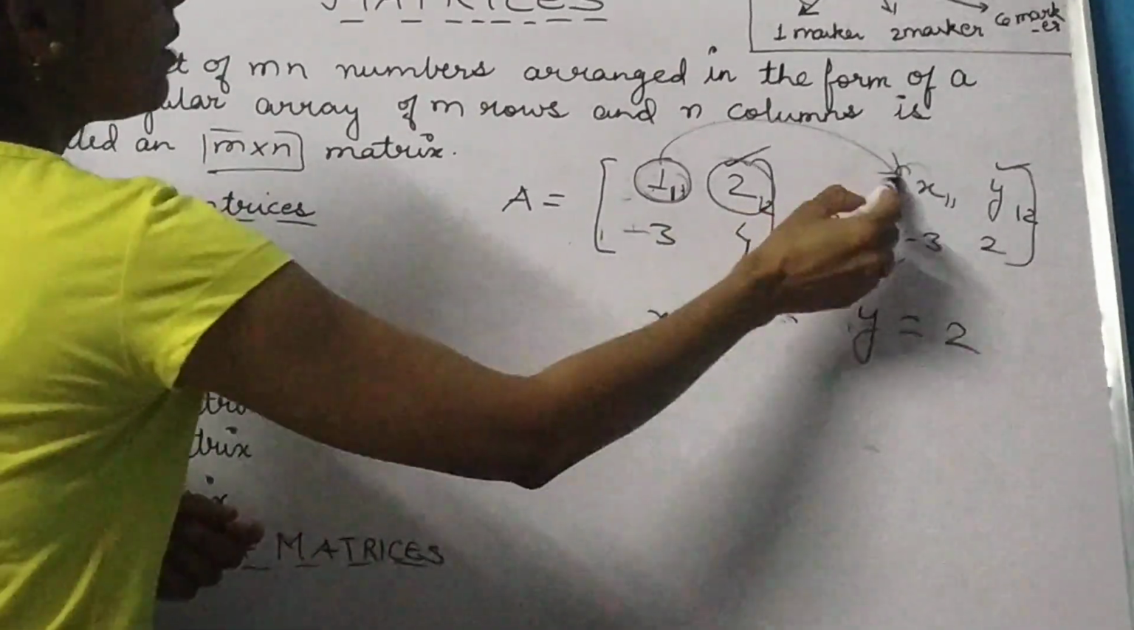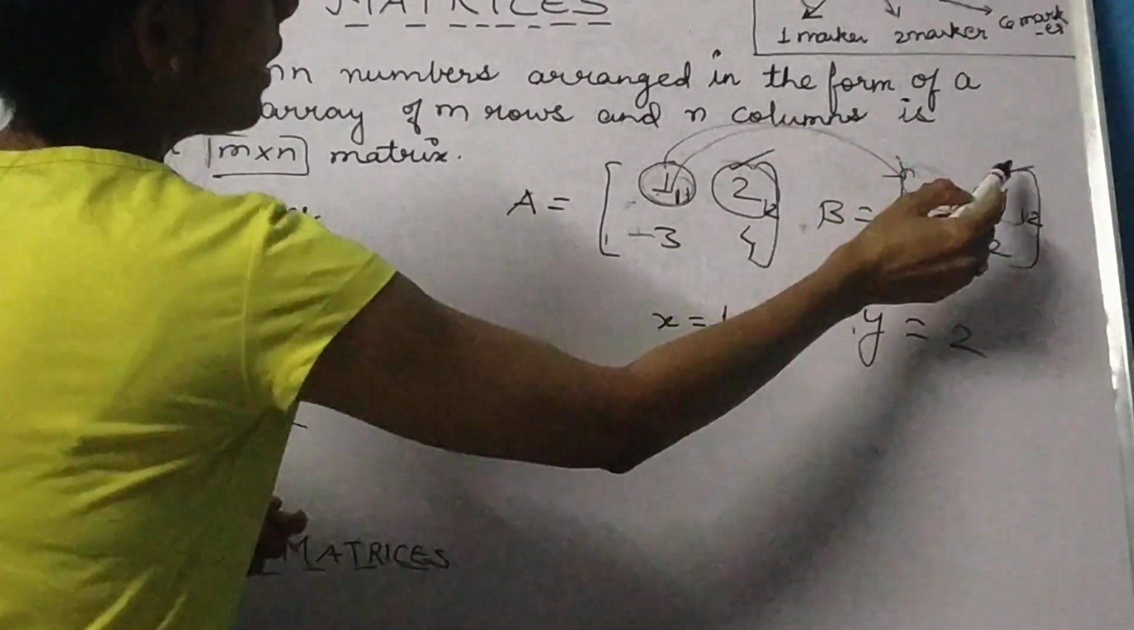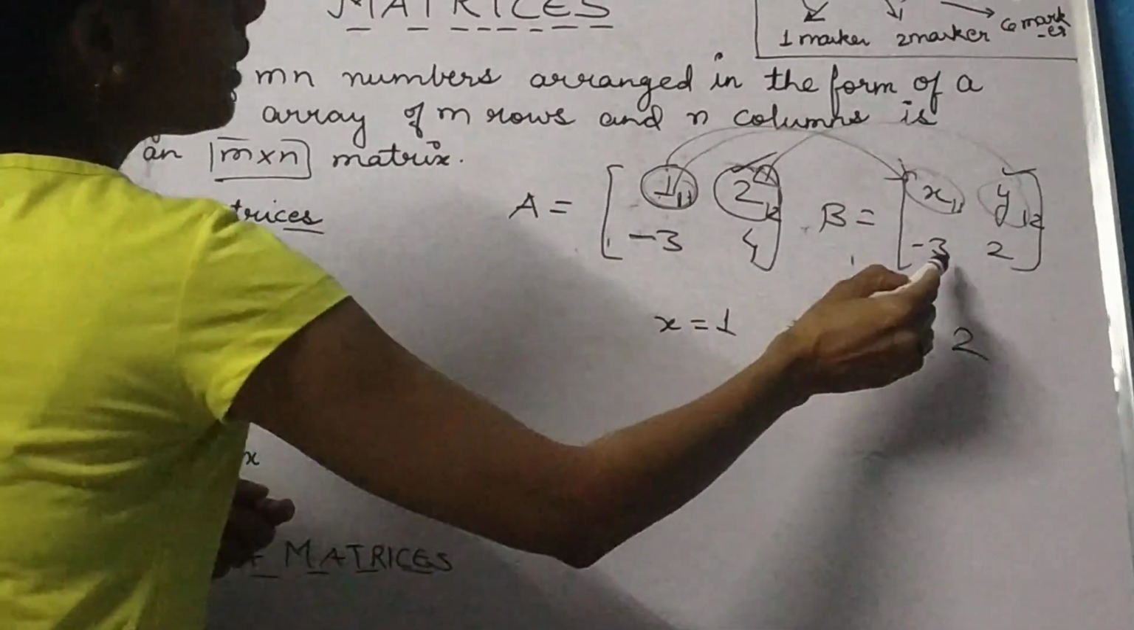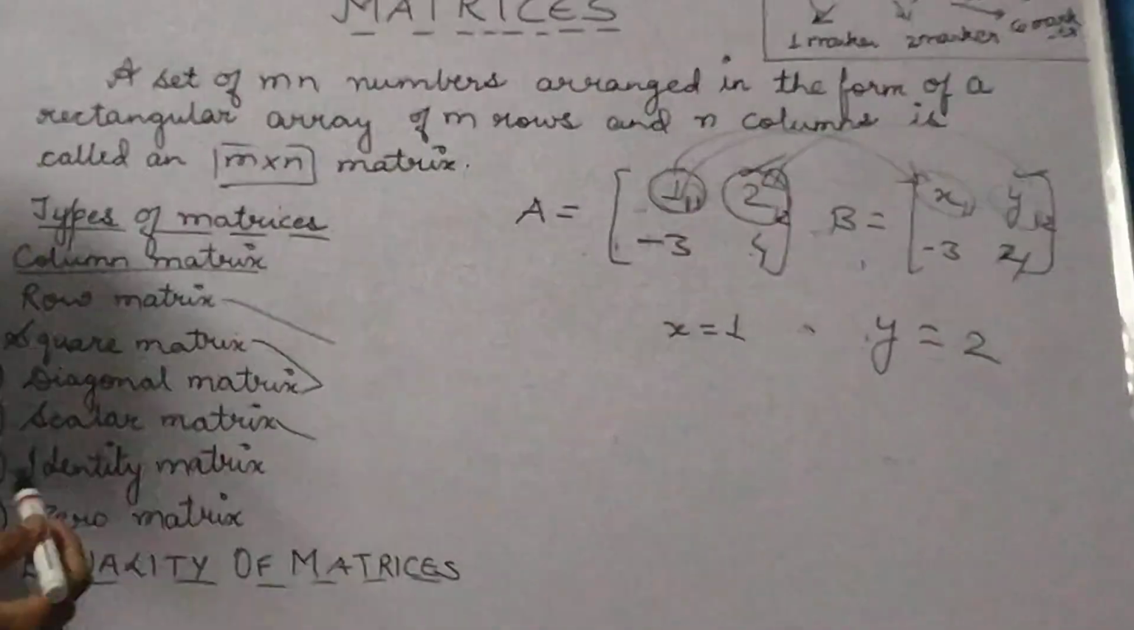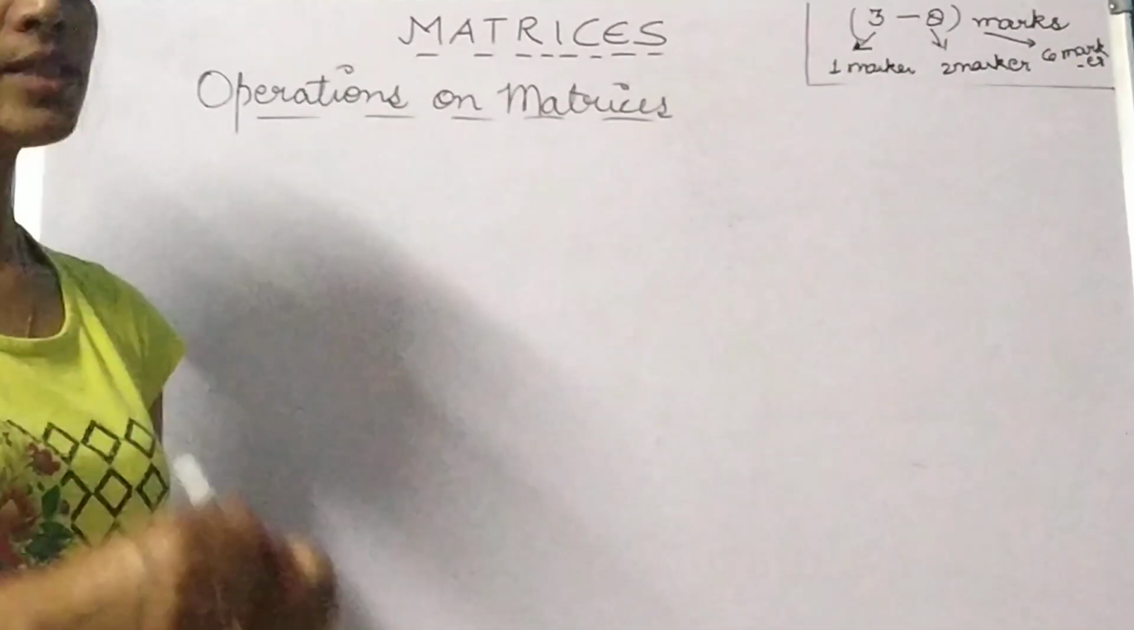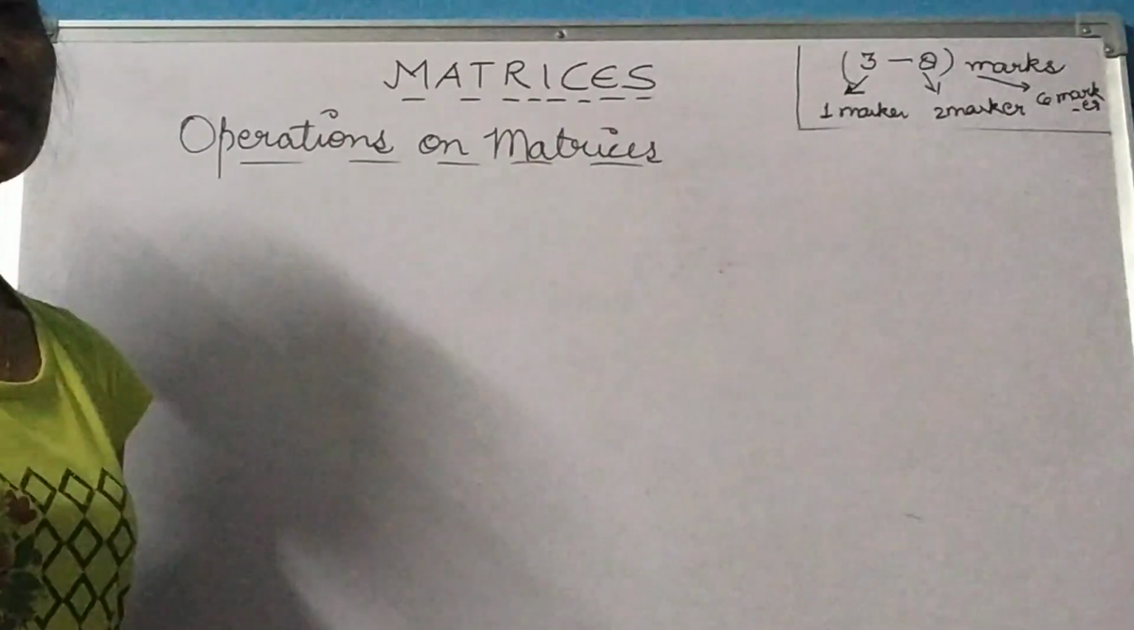So here the value of X is 1 and Y is 2, minus 3 and minus 3, and it is 4 and 4. So the corresponding elements are same. Now let's see what operations we can do